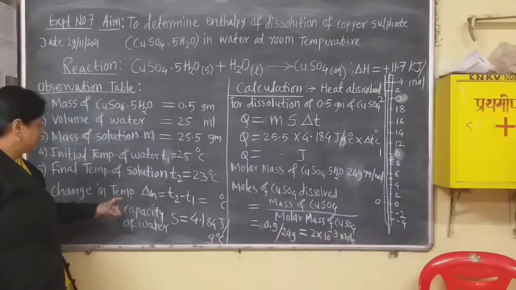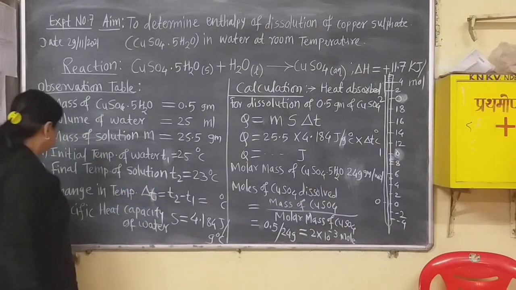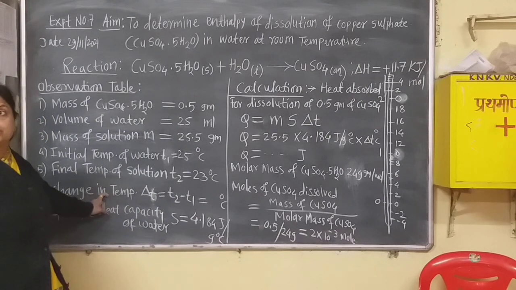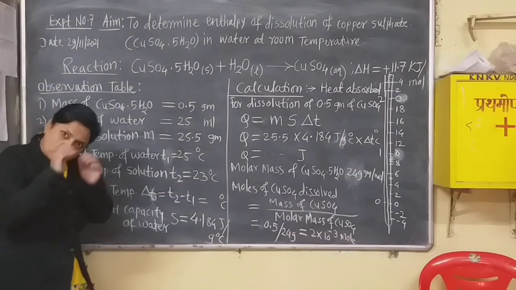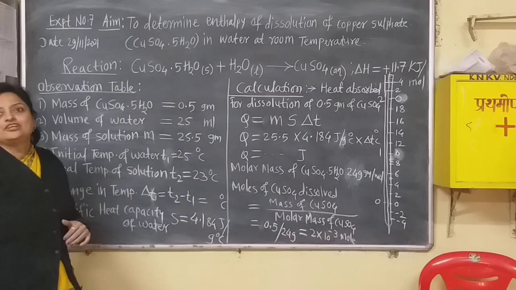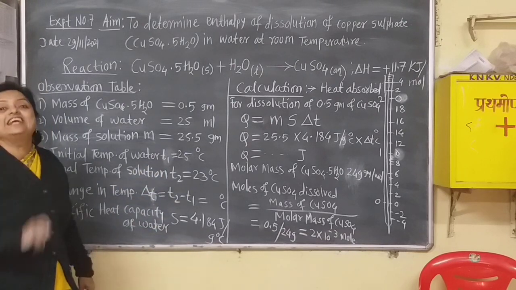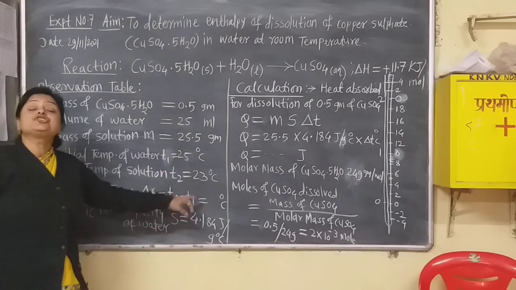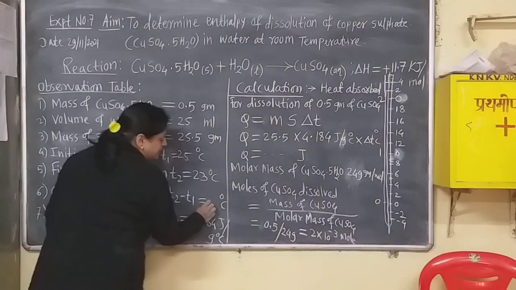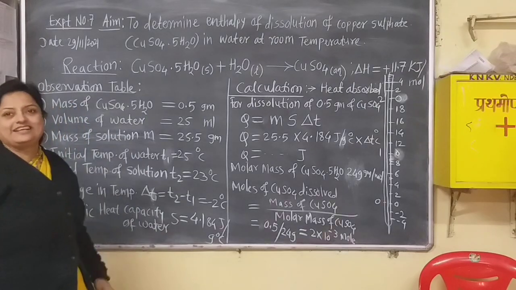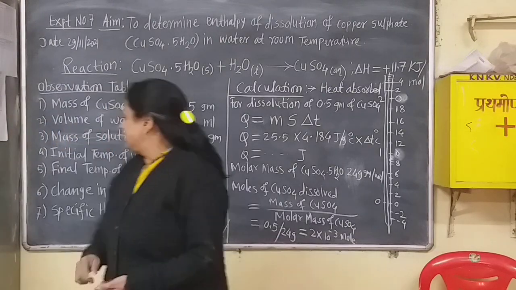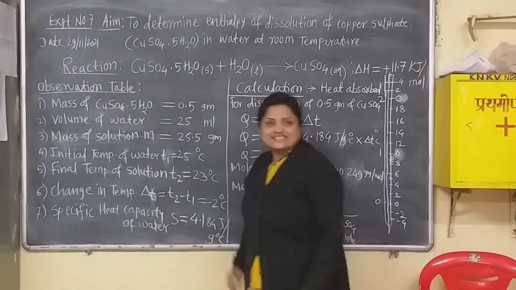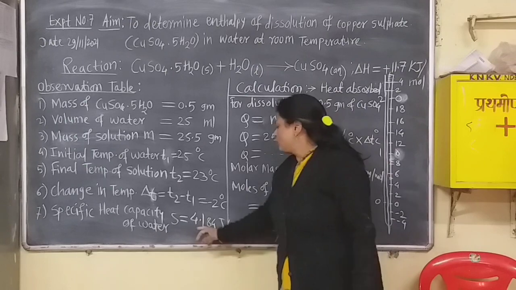And delta T, that is the change in temperature, is equal to T2 minus T1. Now T2 is smaller and T1 is larger. So the sign of the delta T is negative, because 23 minus 25 becomes minus 2 degrees centigrade. Remember that. Okay. Now heat capacity, S, is also already given, that is 4.184 joule